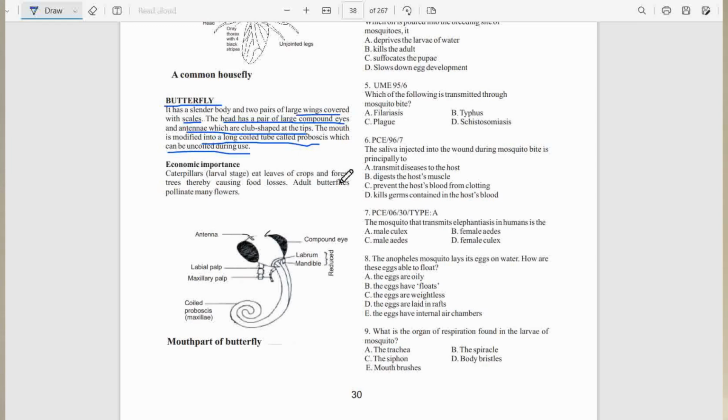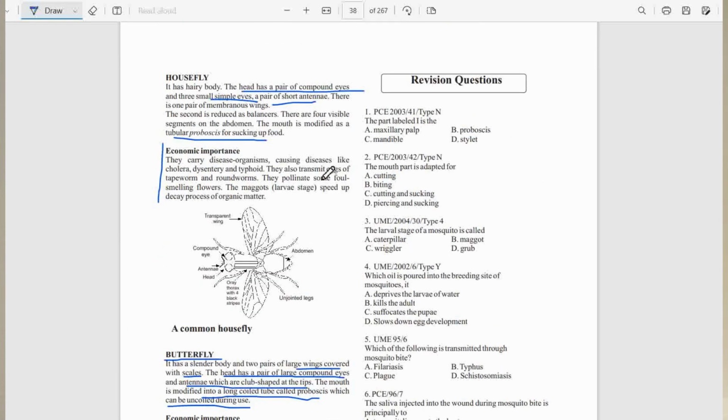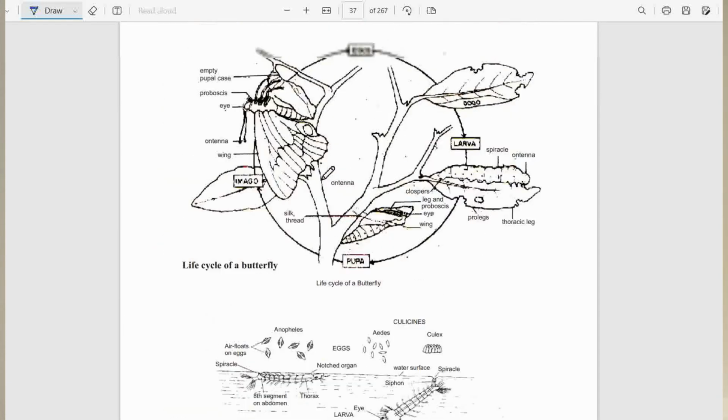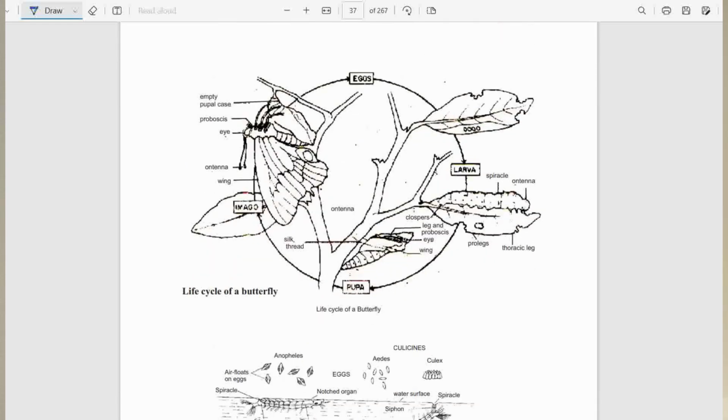at this stage they actually are very destructive. They can actually cause lots of damage to agricultural products. But when they become adults, they become that beautiful butterfly that we know, and they are more useful in pollinating flowers. So it is important to be able to